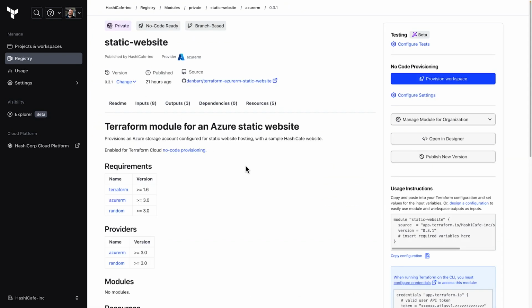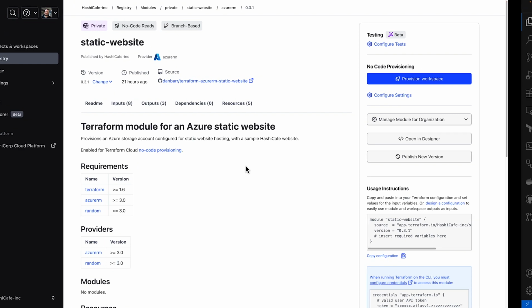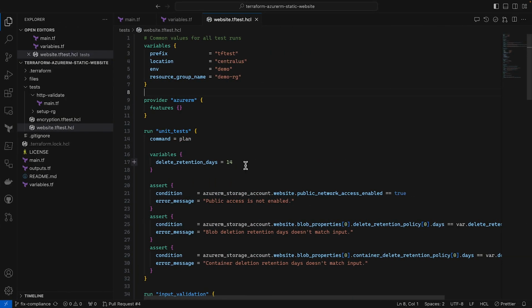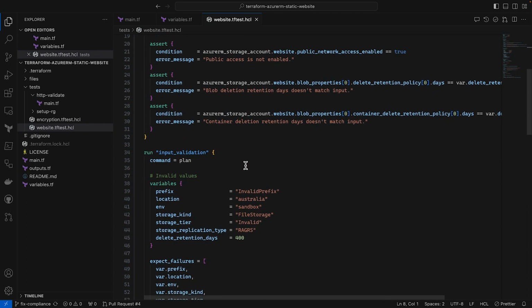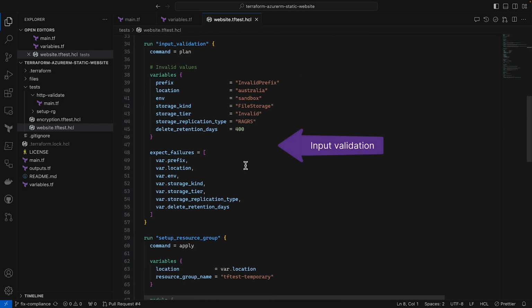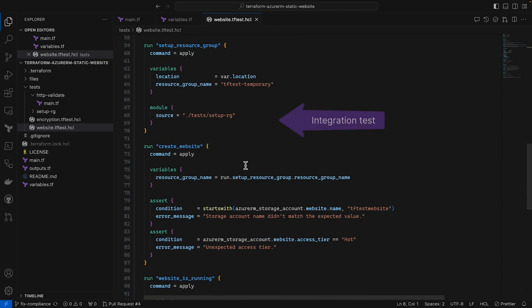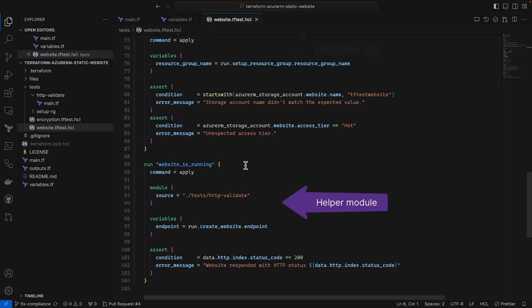So let's take a look at the actual tests for this module. Now, I'm not going to go through everything in this test file, but it's using a variety of the techniques we already discussed in the first part of this video and that you can find in the documentation and our tutorial. As you can see, we're doing a combination of unit testing and